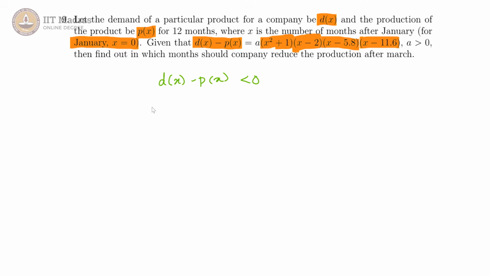And we are interested in those situations where this curve is less than 0. And so we just try to graph this curve. X squared plus 1 has no real roots. So the only roots here are 2, 5.8 and 11.6. So our curve is going to look something like this, and since the coefficient of the highest power is positive, we will have this polynomial go to infinity